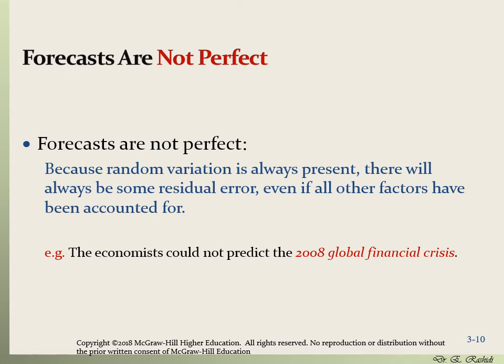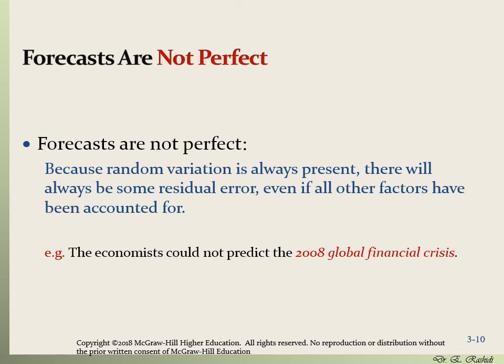But not all sources of variation come from these structural or known variation sources. Some of them are random, some of them are irregular, as we talked about before. So that means that although we assume the pattern is going to continue, there is going to be some level of variation that we cannot predict accurately. Because of this randomness of these variables, we can't really accurately make a forecast